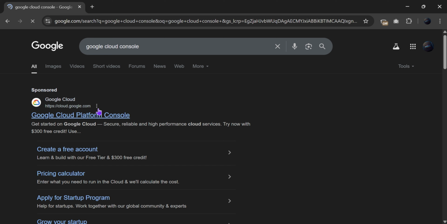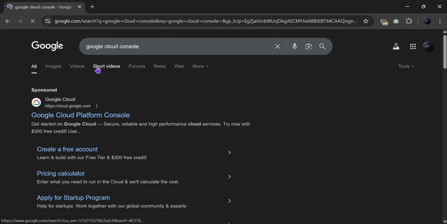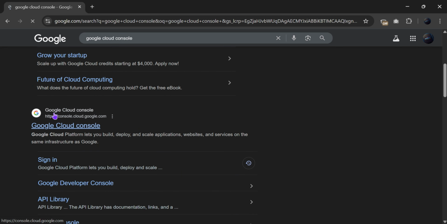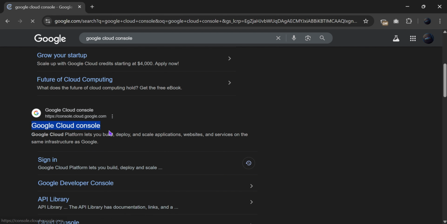So you click on the second link, not that one. Click on the other one, yeah. So you click on the second link, which says Google Cloud Console. So once you open the dashboard, it's gonna show you